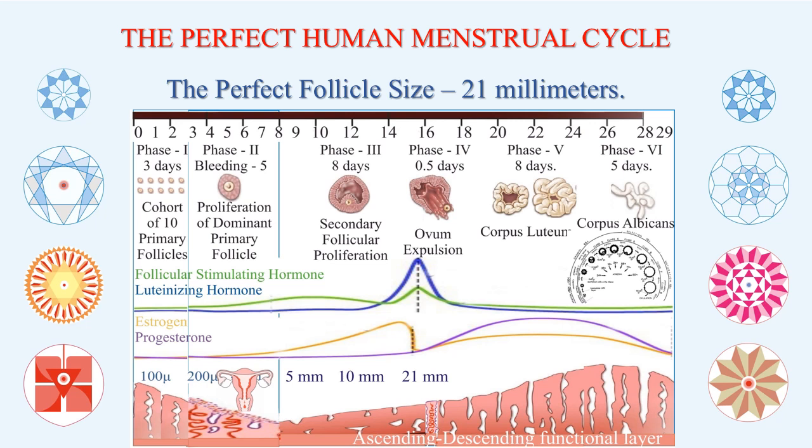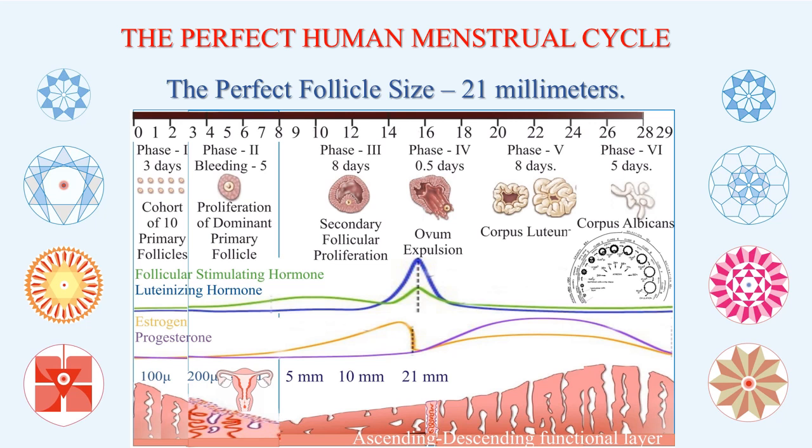5 days of bleeding is very clear, which everybody talks about. Then 8 days of secondary follicular proliferation. This cohort of 10, out of that, one becomes dominant. And then how it starts developing under the influence of follicle stimulating hormone, luteinizing hormone, as well as estrogen to start with. Progesterone does not come to play much of a role before ovulation. So that is something which also I could understand with the help of the Divyank sequence better than